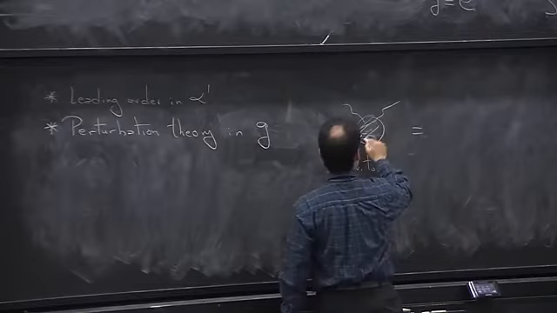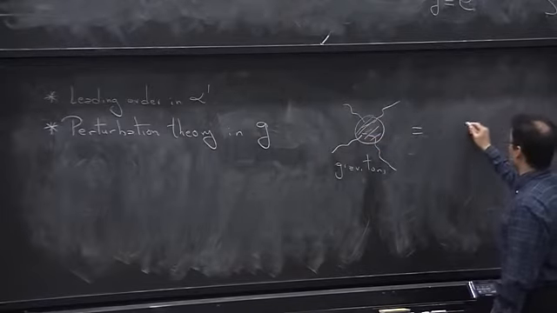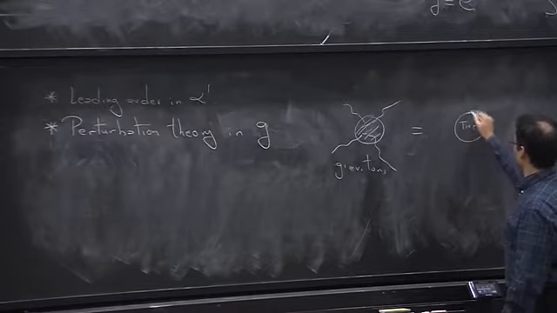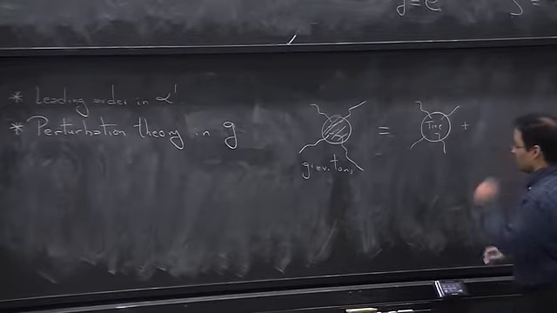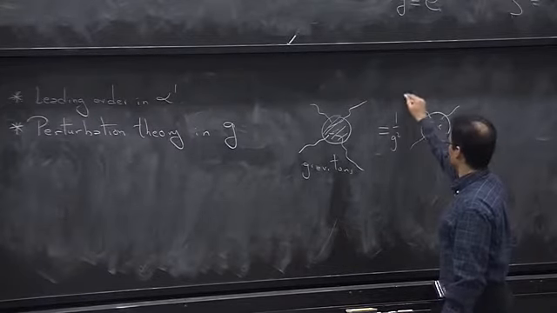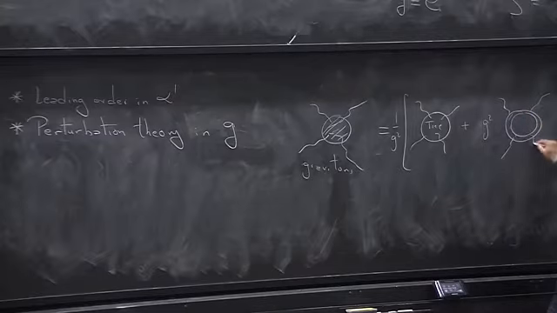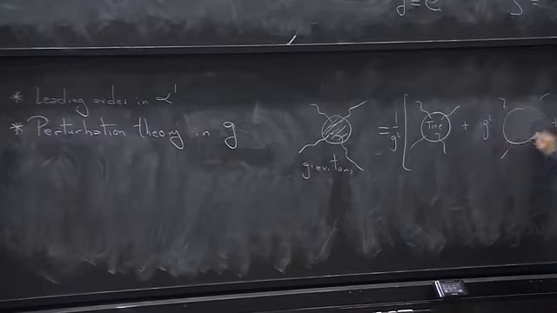And get something that looks like a tree level. So I have to find a good notation for that. So we can put this 1 over G squared here. So there will be a factor of G squared if we compute a 1-loop, G to the 4th if we compute a 2-loop. So maybe I'll just say tree, 1 loop, 2 loops,